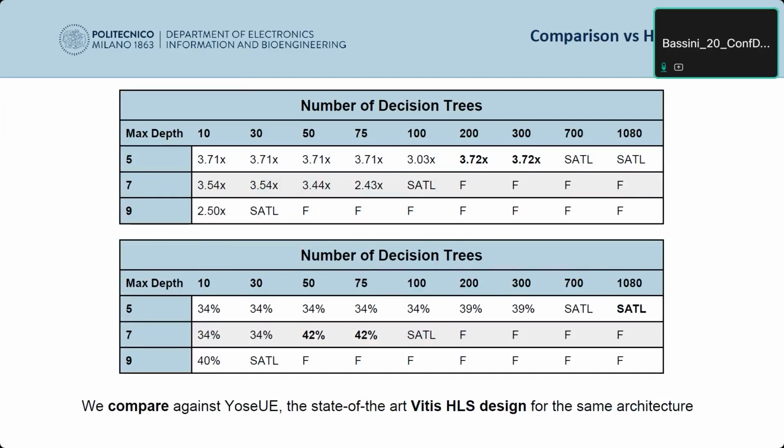So what you can see is in the upper table, you have the latency of our solution compared to the Vitis HLS one. We can see that we achieve up to 3.72 times better latency, and this is due to, on one side, better optimization of the computation pipeline, and on the other side, better operating frequency that we achieve with our design. On the lower table, you can also see the resource saving in terms of the critical resource for the architecture, which were lookup tables in this case. And you can see that we use up to 42% less lookup tables than